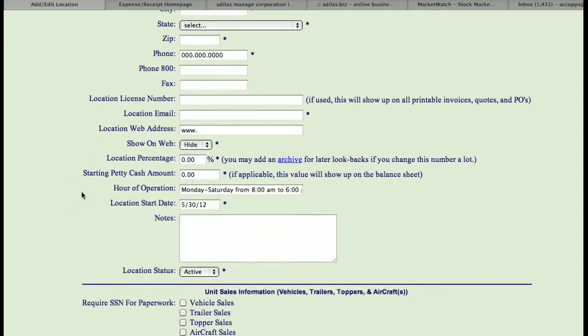The next piece down deals with a location license number, if you have to be licensed. This could be a state licensing number within that location or maybe even a city licensing number. You can have a location web address if it differs from the main web address, and you can also